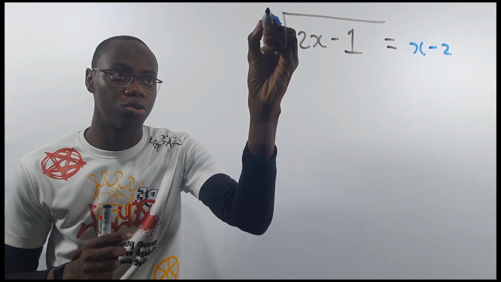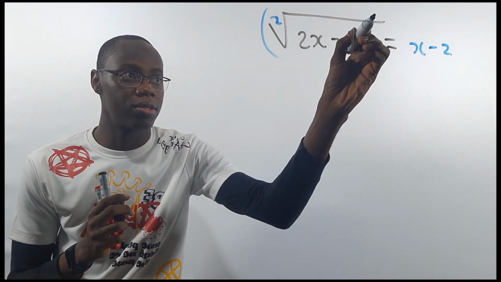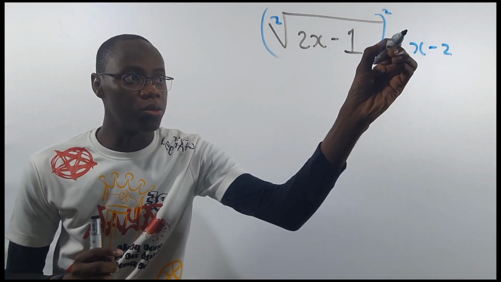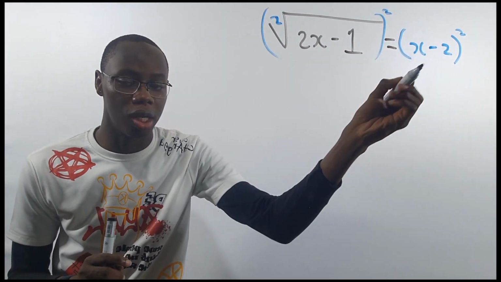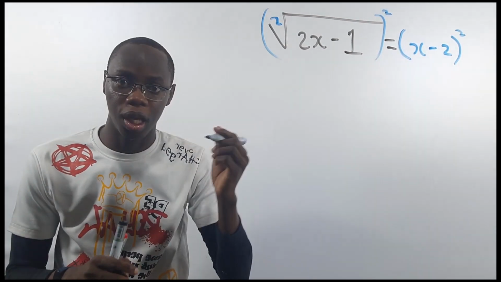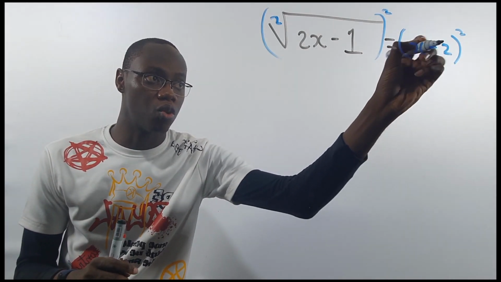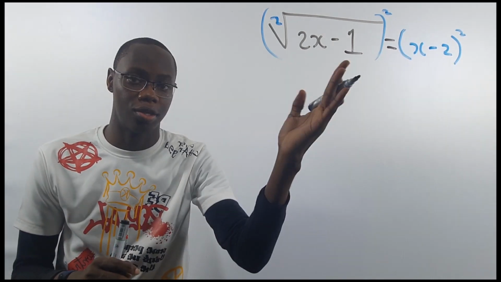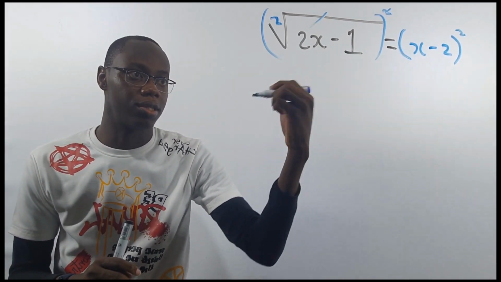If you want to remove this root, you square all through, like this. Now here's the tricky part. Square every single thing. Don't do it to terms individually, or else you make mistakes, because sometimes people forget and put a square root and square root. That will be very, very wrong. All you need to do is square everything on this side and square everything on this side. If you do that, this will cancel with this, and so we have